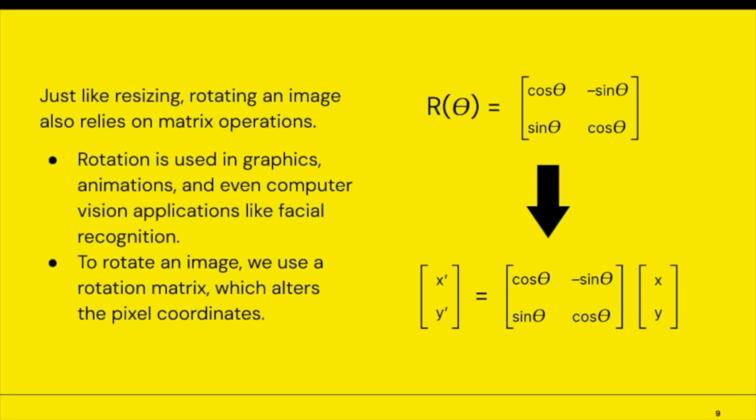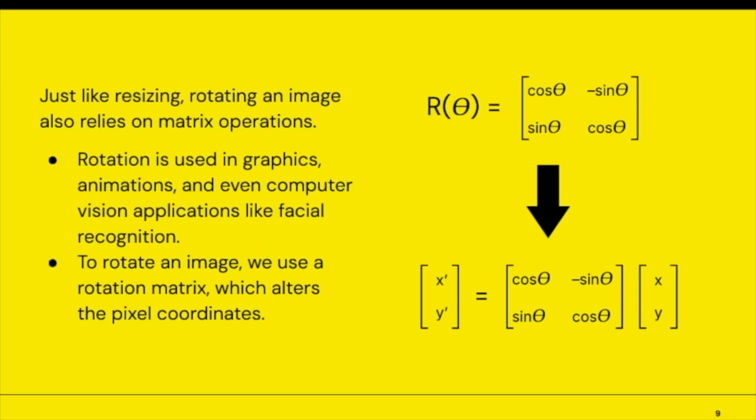facial recognition. And once again, to rotate an image, we use a rotation matrix, which we're calling R theta, which alters the pixel coordinates. So let's break this all down mathematically. How do we rotate an image? Once again, as I mentioned earlier, we're going to be multiplying the original coordinate vector of our pixels by the rotation matrix R theta, which can be represented as cosine theta, negative sine theta,